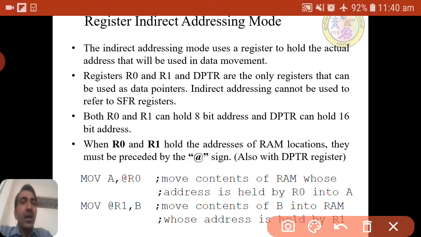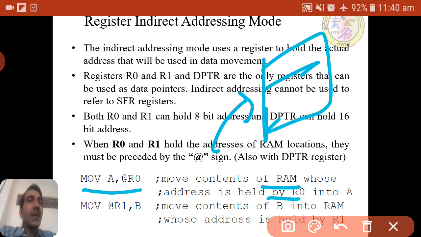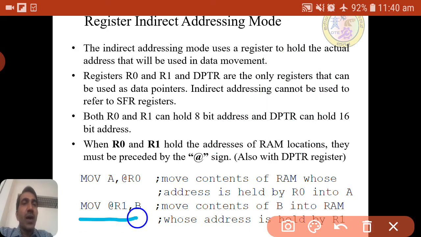MOV A, @R0. What it will do is move the contents of RAM whose address is held by R0. Whatever value R0 has will act as an address pointing to some memory, and the content of that will be moved to A. Similarly, MOV @R1, B moves the contents of the B register into the RAM whose address is held by the R1 register.